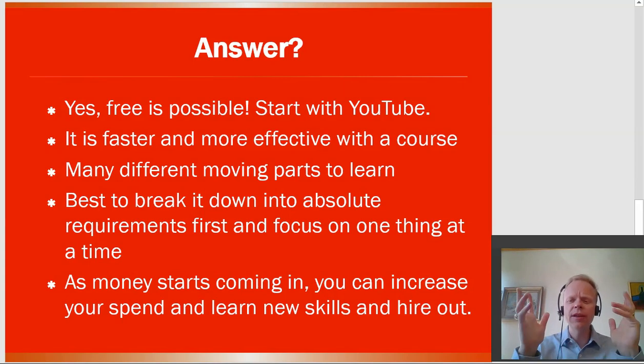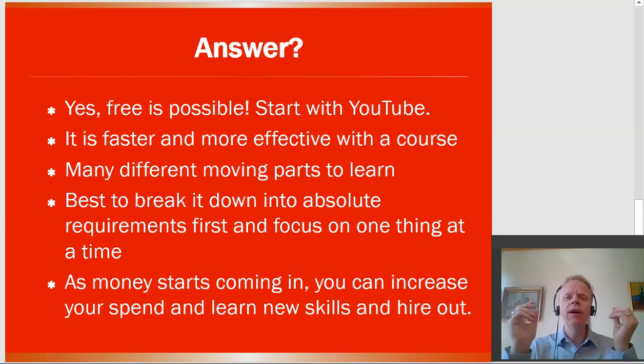Sometimes we can get a sensation of overwhelm. Too many things to learn, too many different options. We think the options sometimes are good for us, but in reality, options are not a good thing at all. In fact, they make things way too complex for us. And so instead of going that route, what we're going to want to do is simplify this down. And that's one of the reasons with Self-Publishing Made Easy Now,